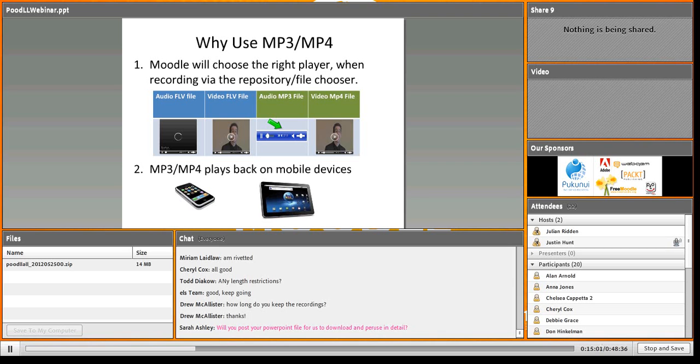We've actually just customized the look and feel a little bit of the Flow player here to give you this blue audio player, but you actually have the option of just using the default multimedia plugins filter to get the standard MP3 player that you see in most Moodle installs. Okay. With regards to video, the look is really no different between an FLV file or an MP4 file in terms of the player. But when you try and play it back on a mobile device, the FLV file is unlikely to play back.